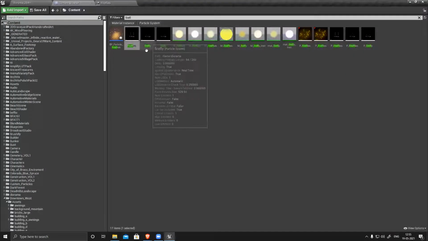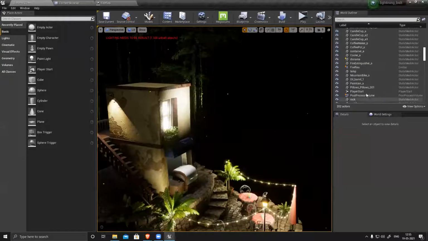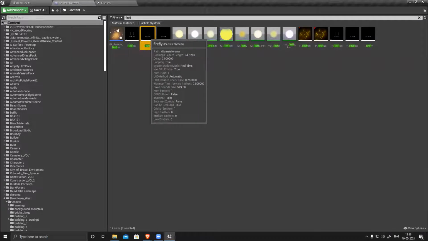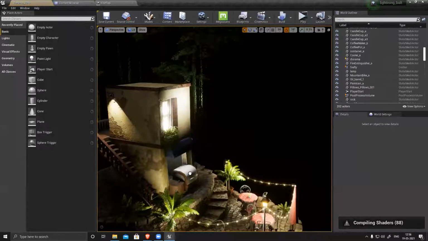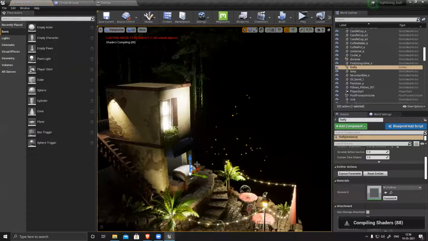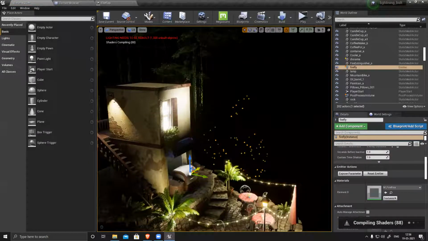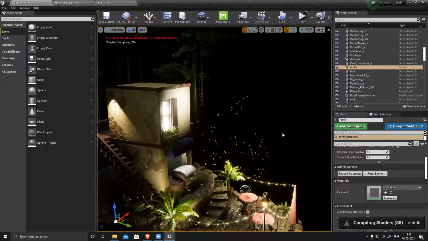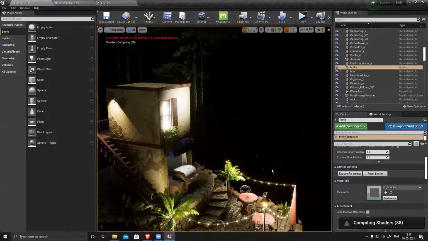I feel Firefly is not a very good one. This is better, much better. Small. See, small particles.